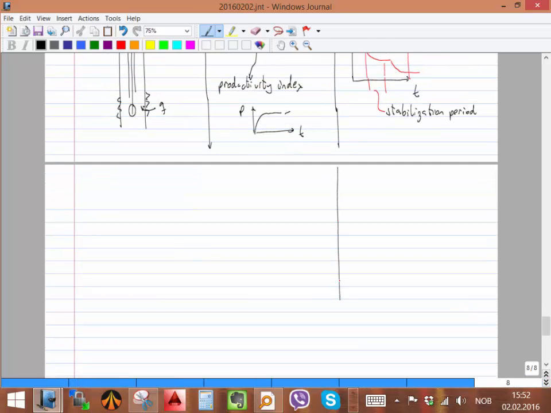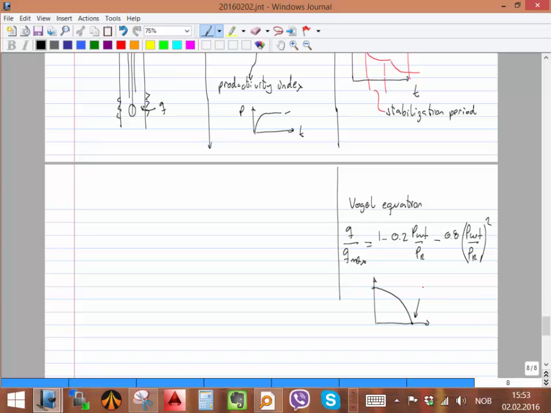I'm going to continue just here. And that's the famous Vogel equation. I think you have heard the name before, I guess. So the equation looks something like that. Q divided by Qmax, PWF divided by PR. Where Qmax is the value at the lowest bottom hole pressure, this value here. That's Qmax, sometimes called absolute open flow potential. Absolute open flow potential. That's the Vogel equation, very popular, and that's what is being used in most of the